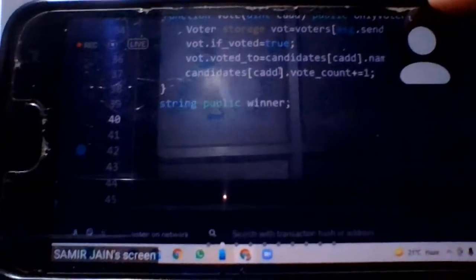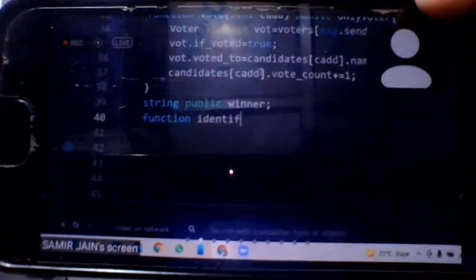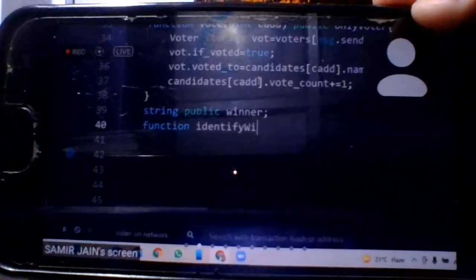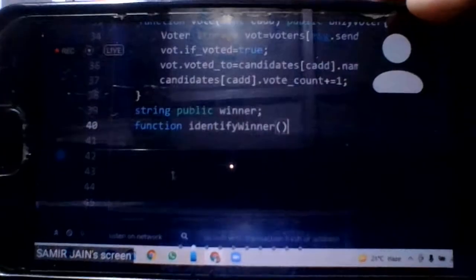Now we have to identify the winner. So function identify winner. When we are creating a smart contract like this, we can check by compiling this contract what we have not done.